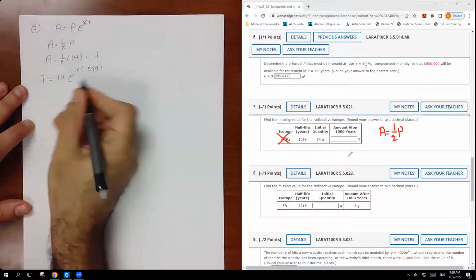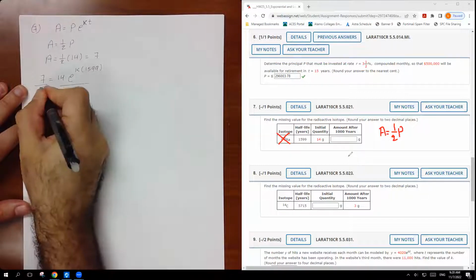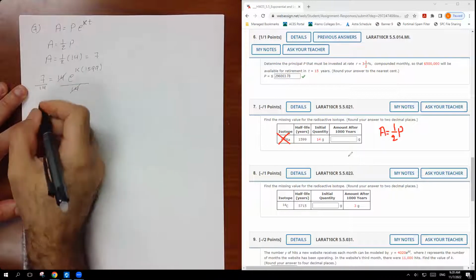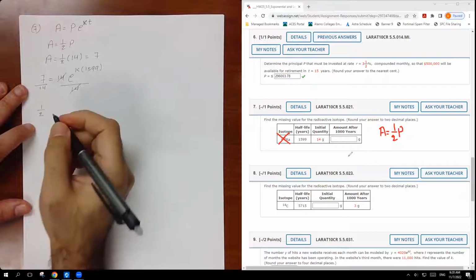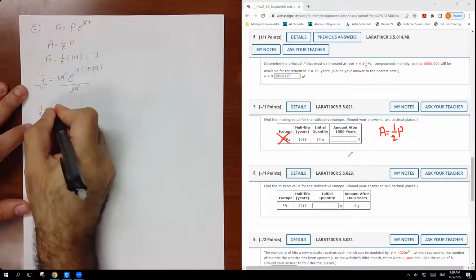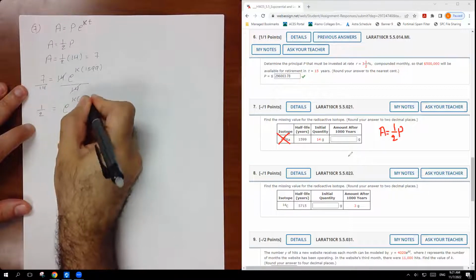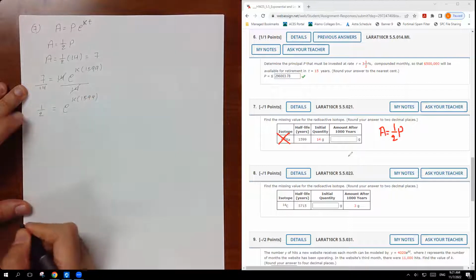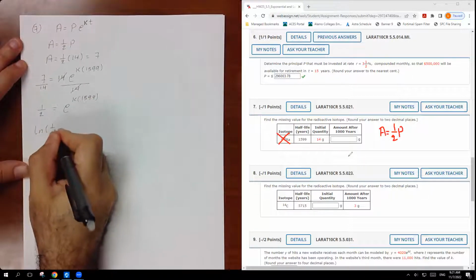So now the next step, I'm going to divide both sides by 14. Cancel these. 7 divided by 14 is going to be half. Be careful. It's not 14 divided by 7. It's 7 divided by 14. So it's going to be E to the K, and here is the time, 1599. Now, next step, I'm going to take the ln to both sides,